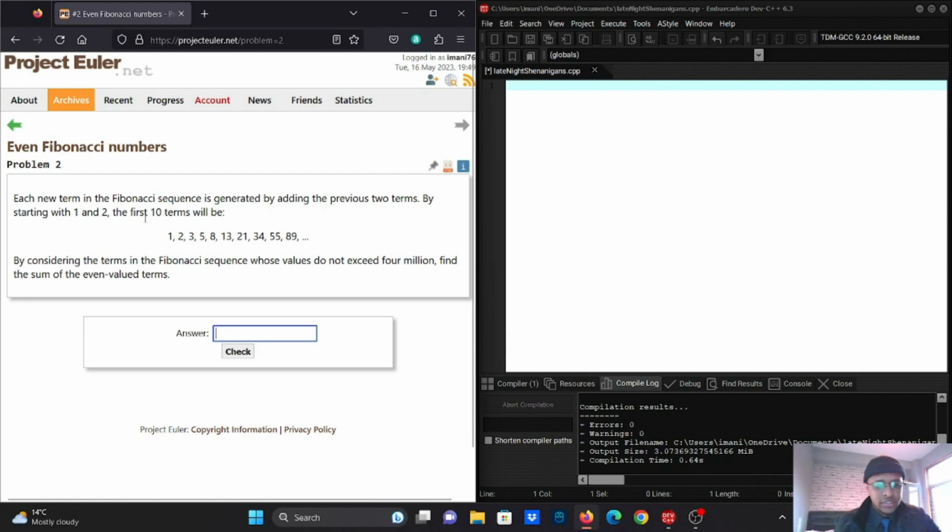So the problem says each new term in the Fibonacci sequence is generated by adding the previous two terms. By starting with 1 and 2, the first 10 terms will be 1, 2, 3, 5, 8, 13, 21, 34, 55, 89, and so forth. By considering the terms in the Fibonacci sequence whose values do not exceed 4 million, find the sum of the